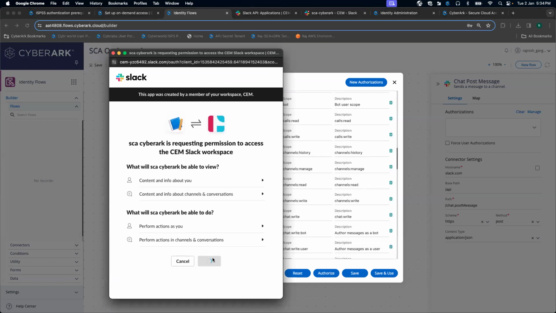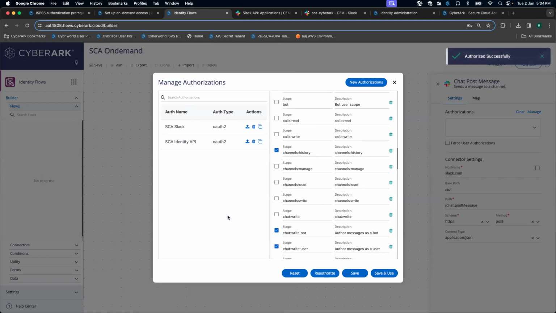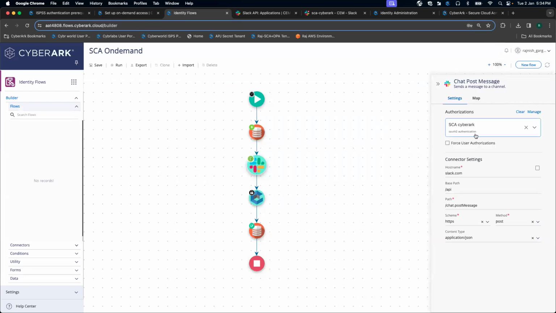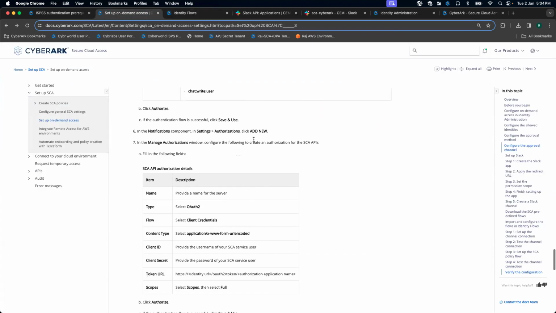So it looks okay. Let me allow. Authorization has been done successfully. Let's save it and use it. So here you see, from the authorization standpoint, we are currently using SCA CyberArk. So then